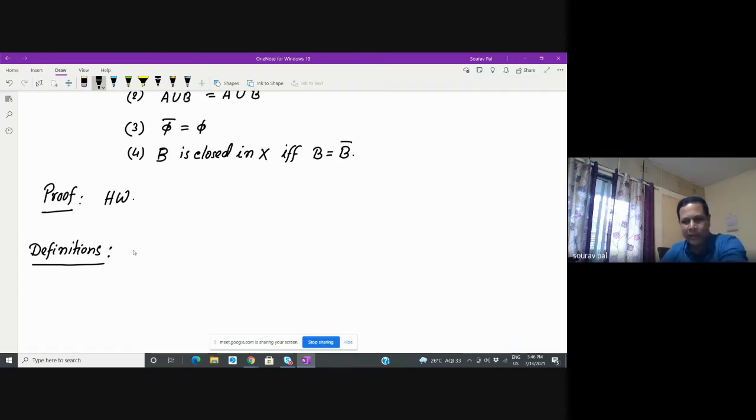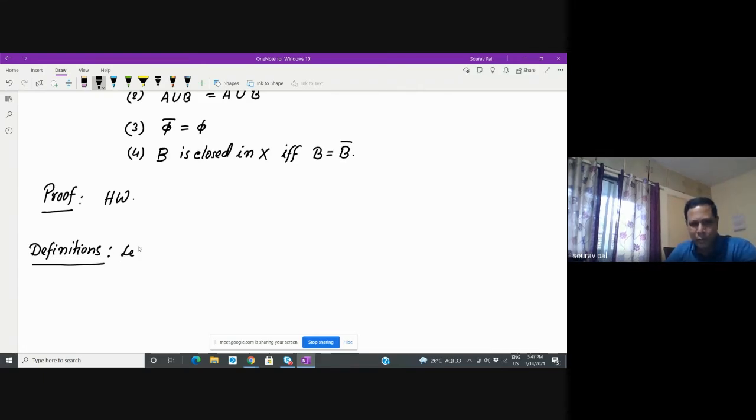So again, we have a topological space, and let A be a subset of X. Then